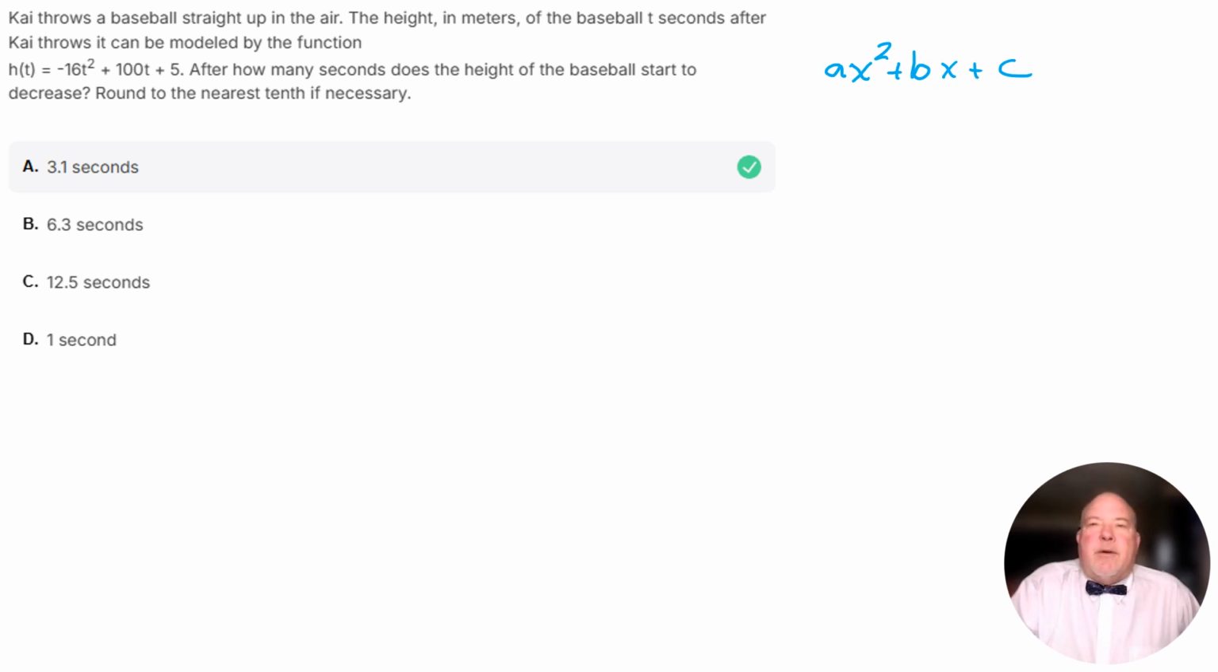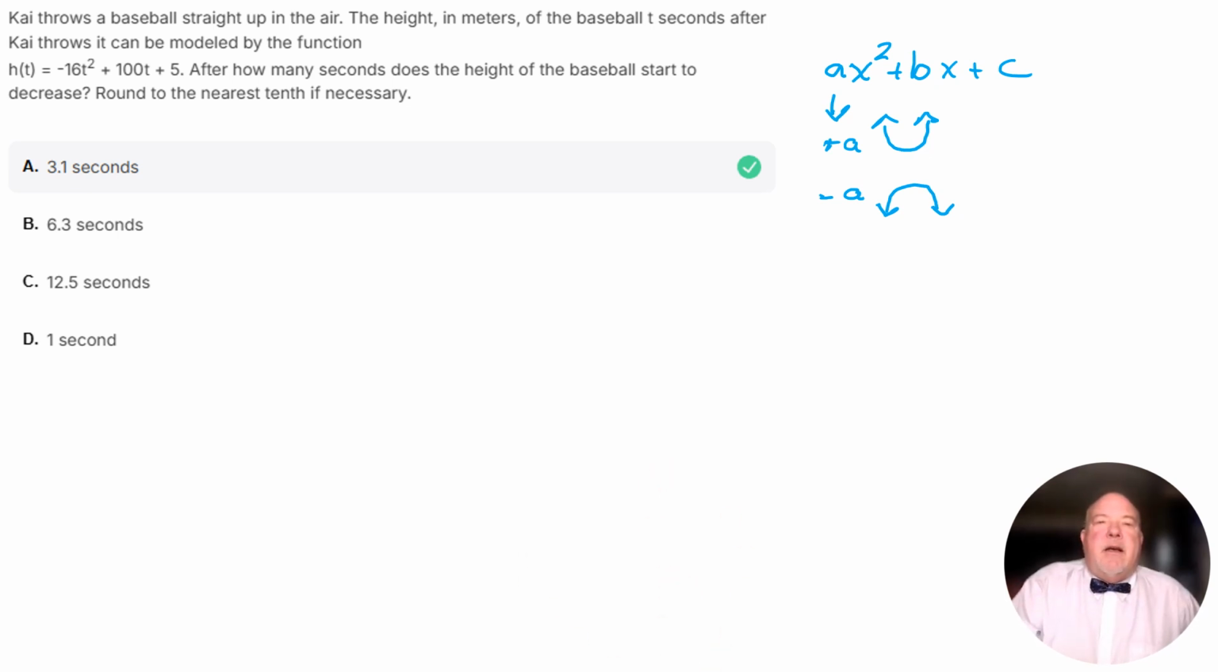Now, quadratics, when you graph them, graph like a U, and if the a value is positive, then it looks like this. And if the a value is negative, then it's just flipped around, so it would look like this. So this is a negative a. When you look at the value here, we have negative 16 for the a value. And so that means it's going to be an upside down U,